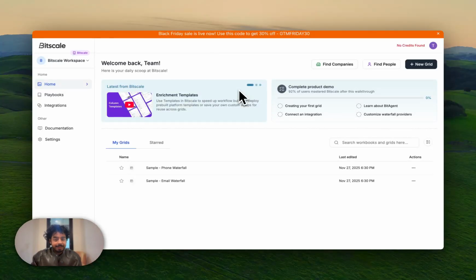Hi guys. So we have completely revamped the way organizations operate on Bitscale. This is specifically directed towards our enterprise customers. What we have implemented here is an organizational system, wherein there will be a few people who will be working on the grids, creating workflows, etc. on Bitscale, and you would have some people that would be allotting credits and maybe managing credits and the billing,